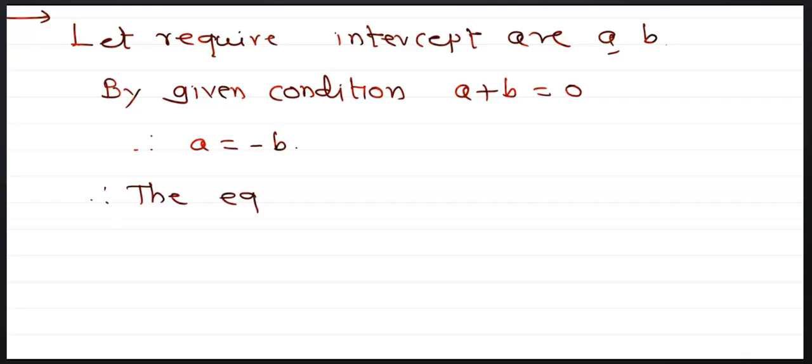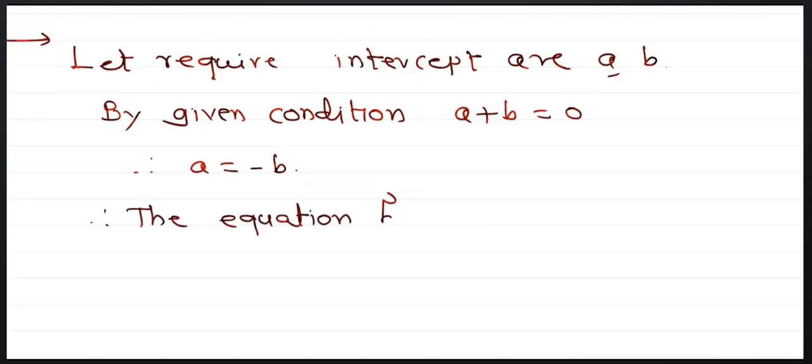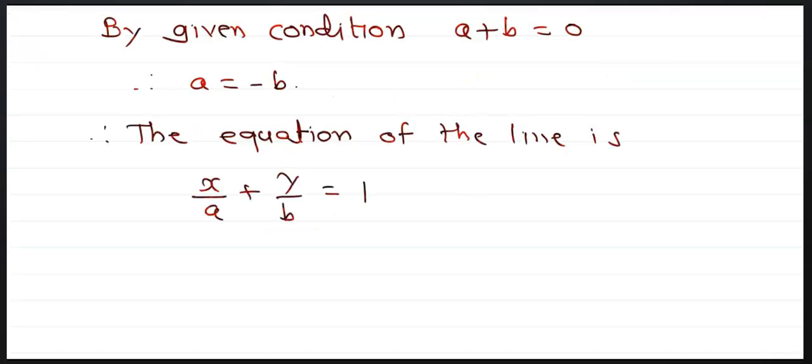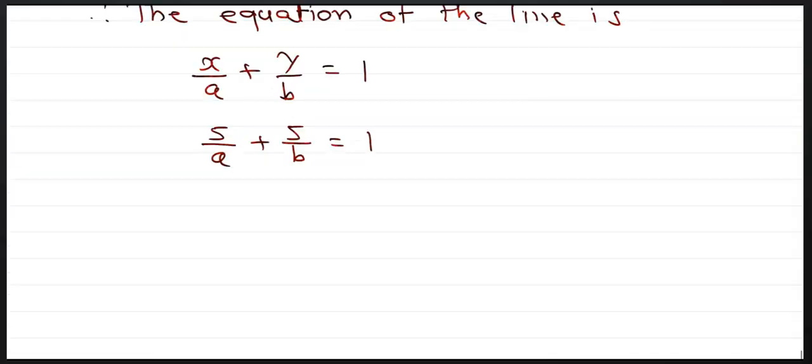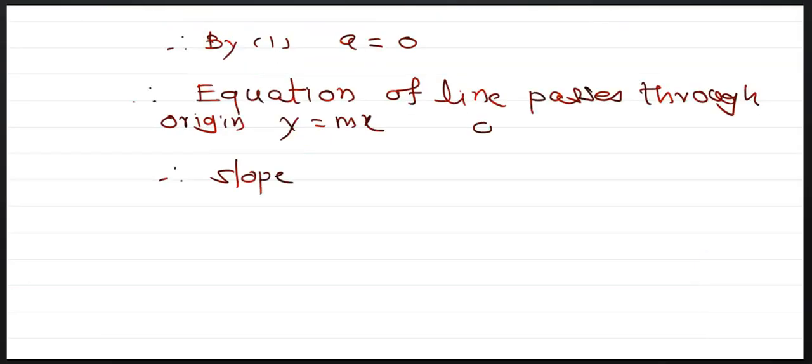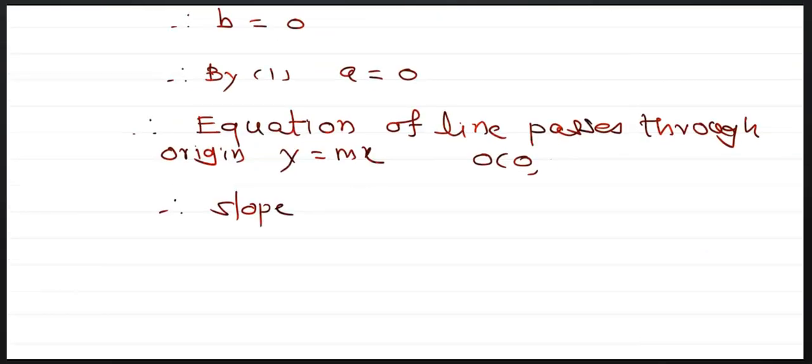By the condition, a plus b equals 0. Therefore, a is equal to minus b. x upon a plus y upon b equals 1. So the point is 5 upon a plus 5 upon b. The equation of the line is